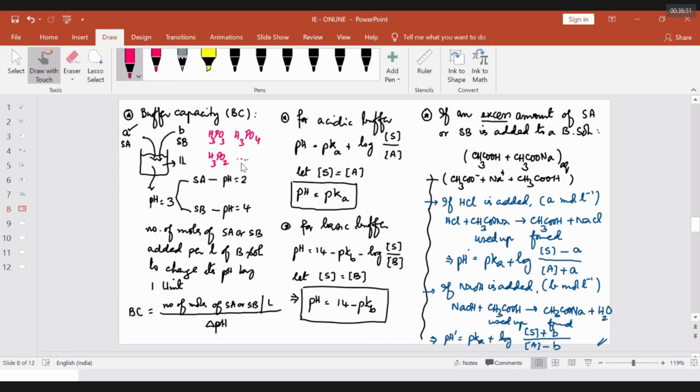I don't know for the example. Is it this question you are asking? Yes, same question. See here, phosphoric acid, we have done this in our classroom. Phosphoric acid is tribasic acid. This is called tribasic acid, right? This is the answer. Now, how is it tribasic, sir?